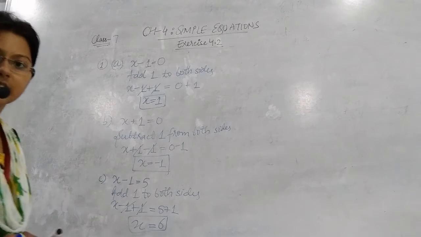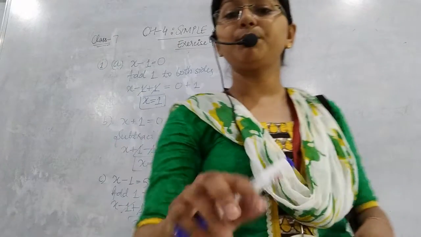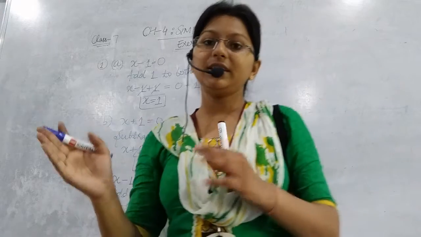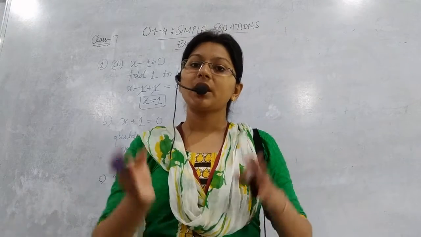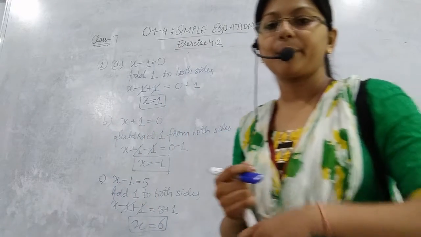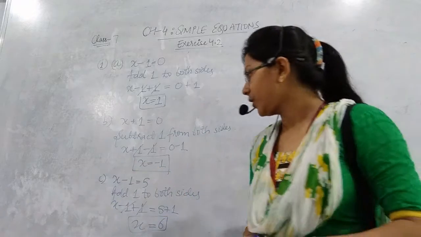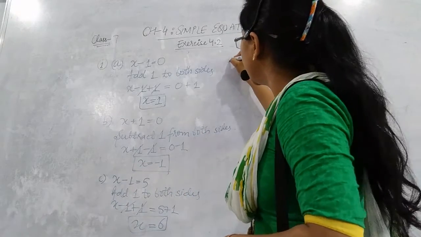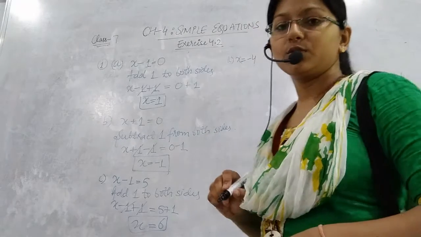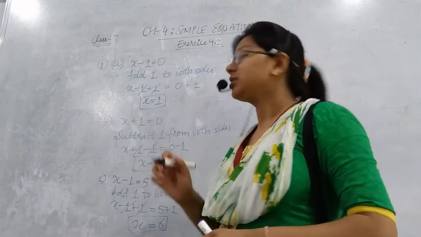6. ठीक है, तो इस तरीके से आपका आंसर आ रहा है। D पार्ट में क्या है, x plus 6 is equal to 2, it's plus 6, so to separate this plus 6 what I will do, subtract 6 from both sides। ठीक है, तो लेफ्ट हैंड साइड में कैंसिल हो जाएगा, 2 minus 6, for D part you will get the answer x is equal to -4। Okay, 2 minus 6।